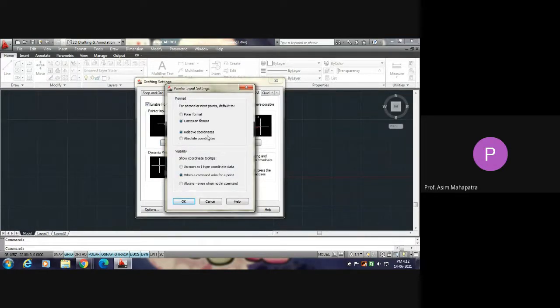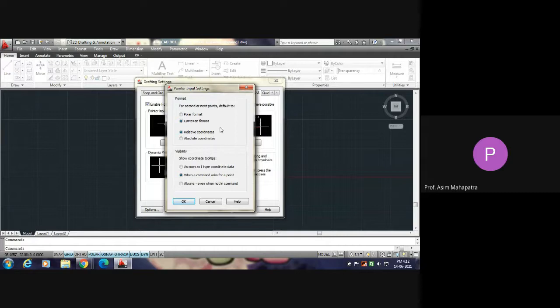The format will be shown. There are 4 format actually. First polar format, then Cartesian format, then relative coordinates, and then absolute coordinates. Now regarding format, you have two options: polar format, Cartesian format. And regarding coordinate, you have two options: relative coordinate, absolute coordinate. If you click on this relative coordinate, all the points will be taken with respect to earlier point.